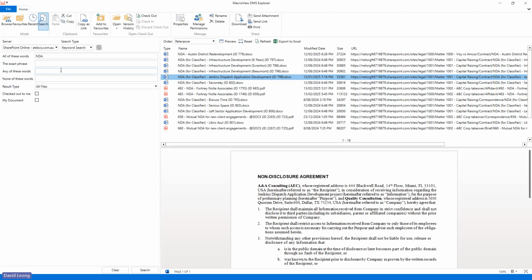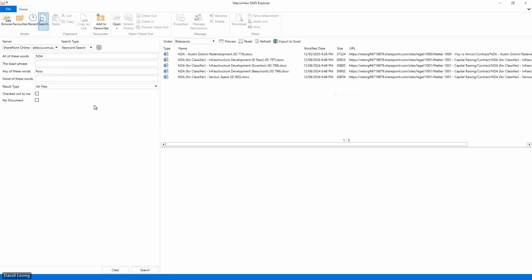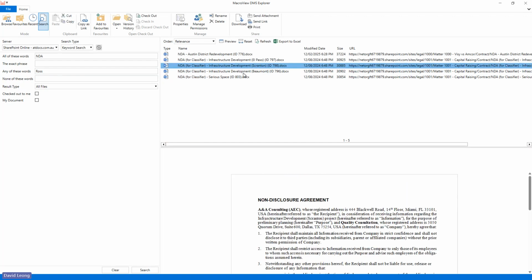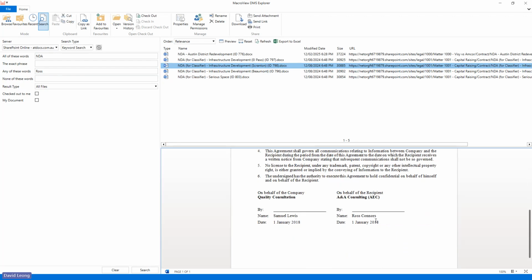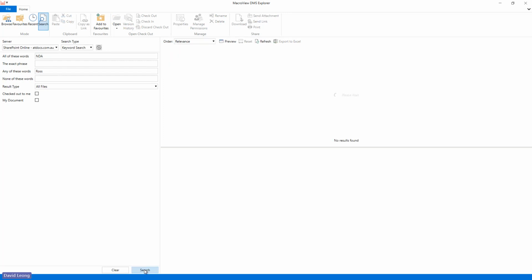I can drill down even further and say, but I'm more interested in getting the non-disclosure agreement from Ross Connors. I might just put Ross in there, and it will just drill down further and find the non-disclosure documents to Ross. And I can just continually do these searches,